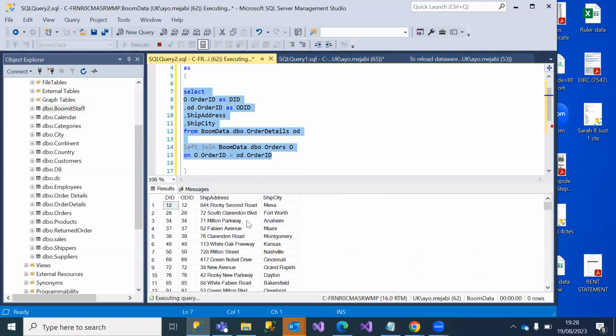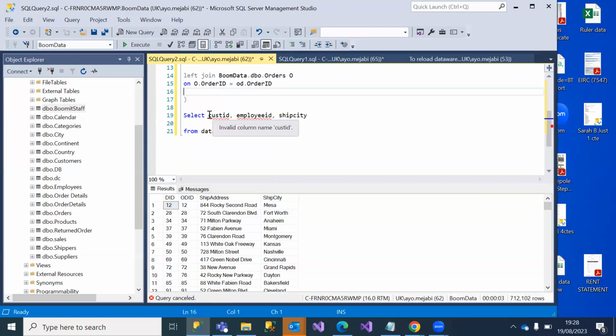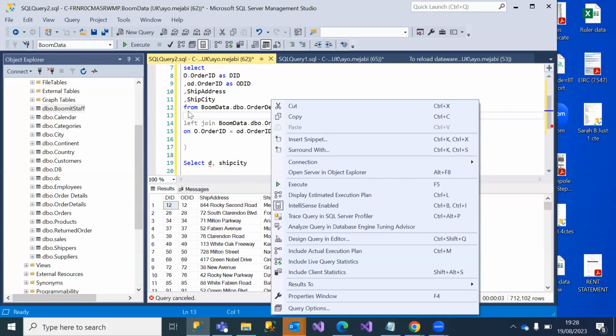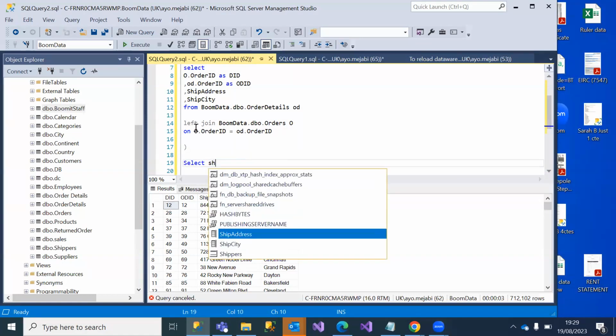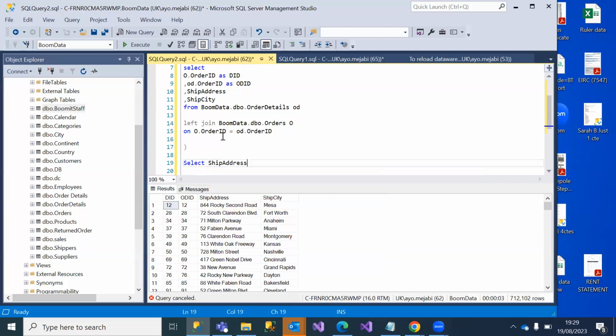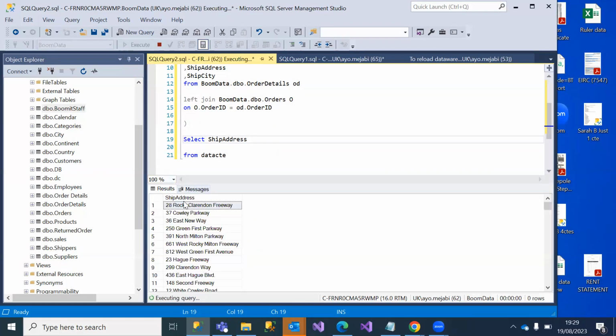See, it brings in just this, right? Now, if I then run a CTE, it will hold all of this for me, which is down here. Then I come back to the bottom of the CTE and say, I don't want everything, just give me the ship address. And I say select ship address from the CTE. And if I run that code, look at it, it only brings that one.